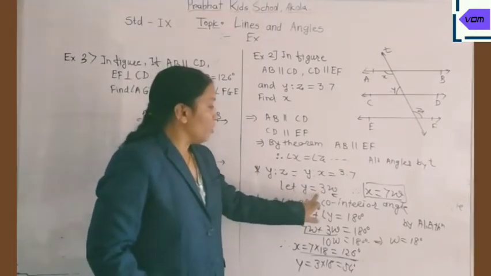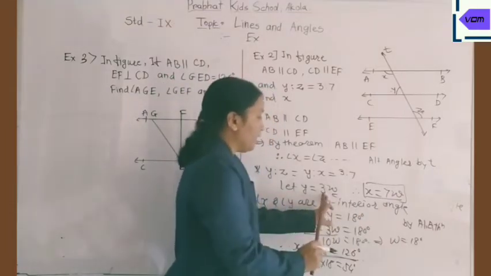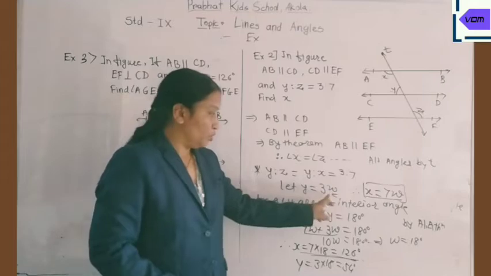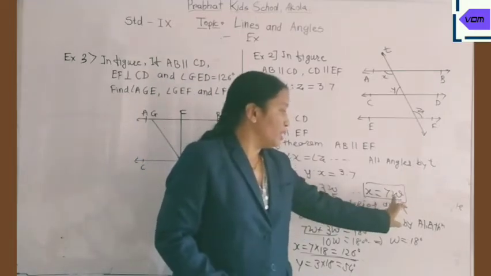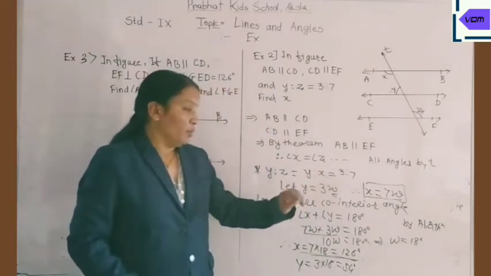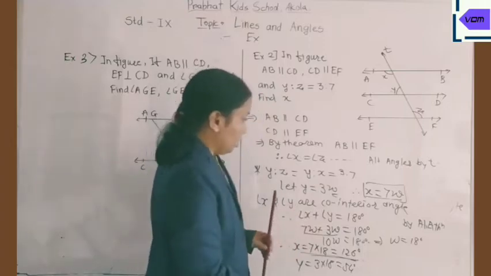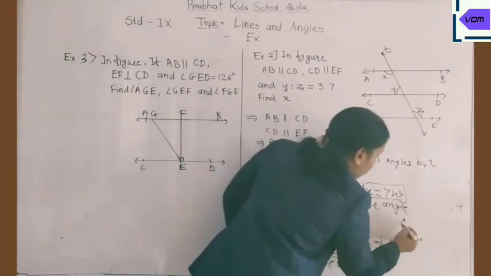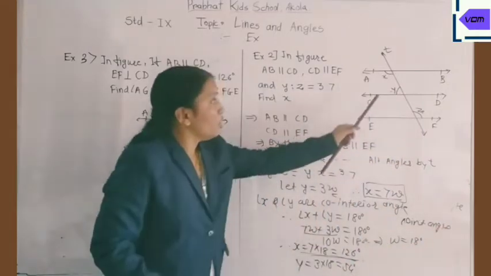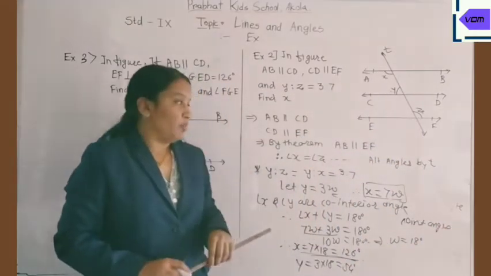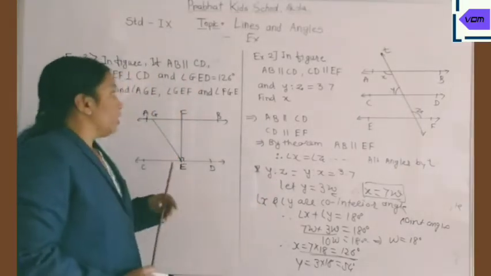After that, take some basic equal quantity between them, because that is given in the proportion. So we have taken 3 into W and 7 into W, that is 7W and 3W. And then by using the co-interior angle theorem, because these are the co-interior angles and they are supplementary. Now let us see the third problem from the exercise.